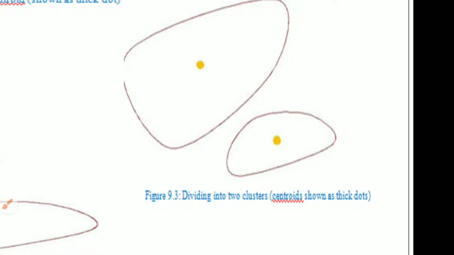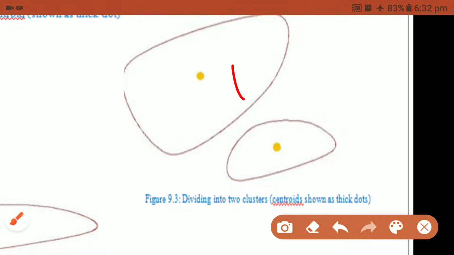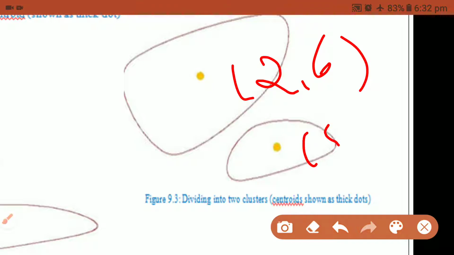Two clusters, as already explained. Here I am using the distance between 2, 6 and 8, 3, so the data could be broken into two. This one is 2 comma 6, and this one is 8 comma 3, broken into two clusters.